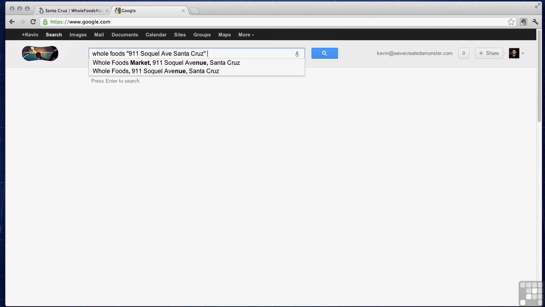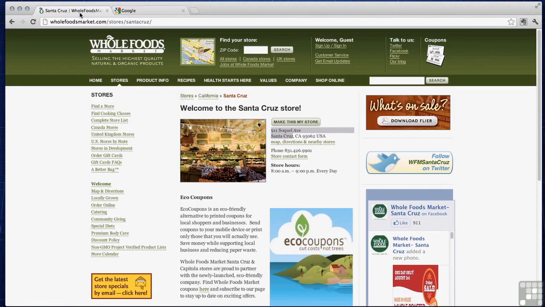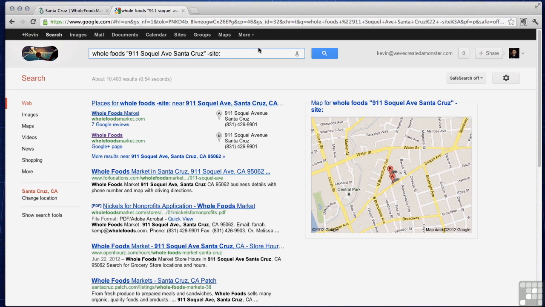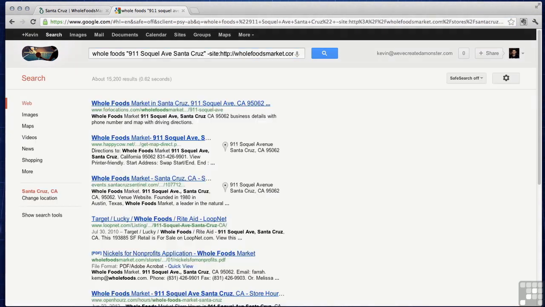After this, you simply put a minus sign, then site, colon, and the address of the page, which you can see here as wholefoodsmarket.com/stores/Santa Cruz. So I'll put that there. What this returns is all the pages out there that have the Whole Foods search term and the address in its entirety, except for the actual Whole Foods page.